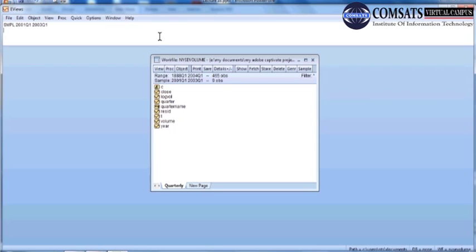Although the range is 465, the size of these variables has been reduced from 465 to 9 observations only.